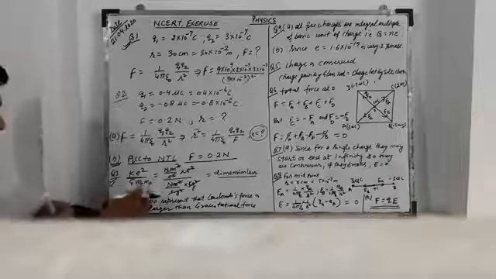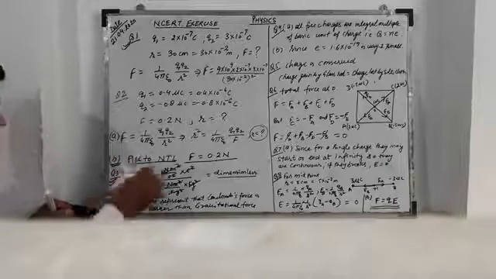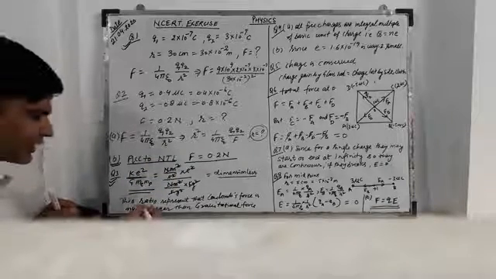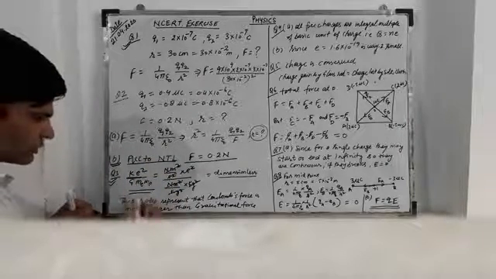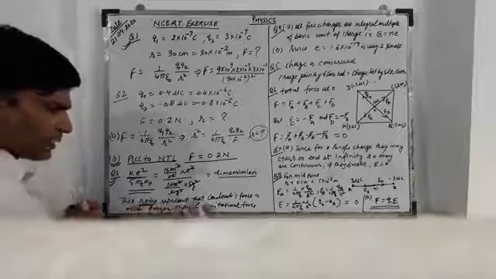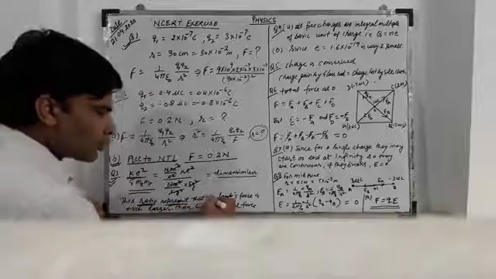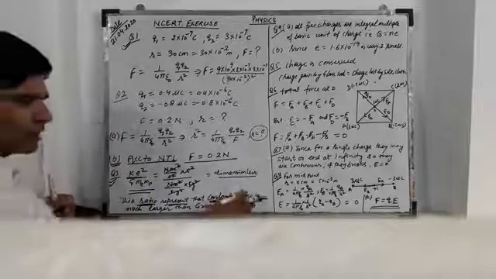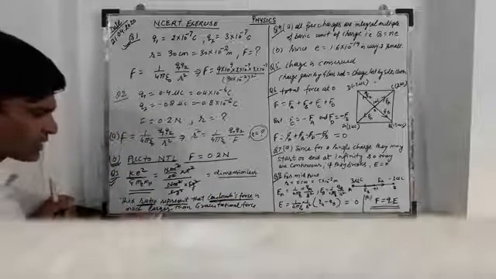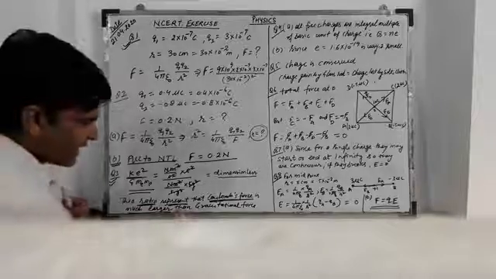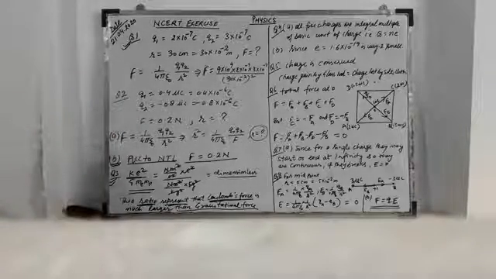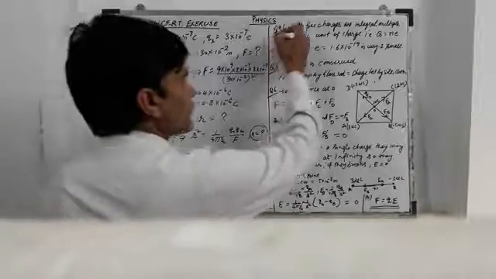When you put the values of these constants in this ratio, you get a large value. So this ratio represents Coulomb's force, means the upper part. Coulomb force is much larger than gravitational force. Okay. In question number 4,